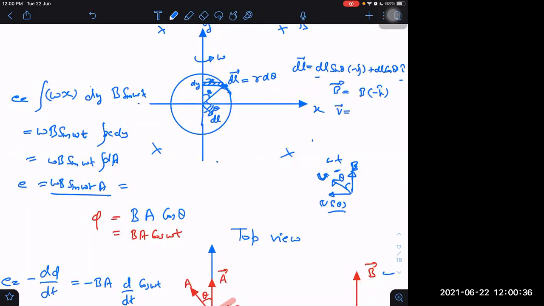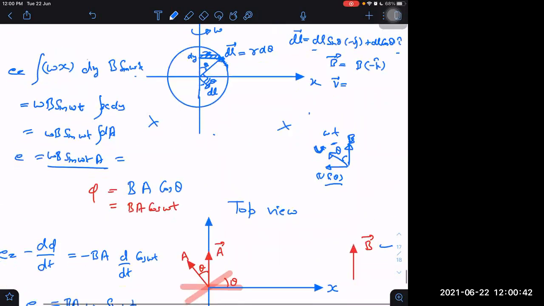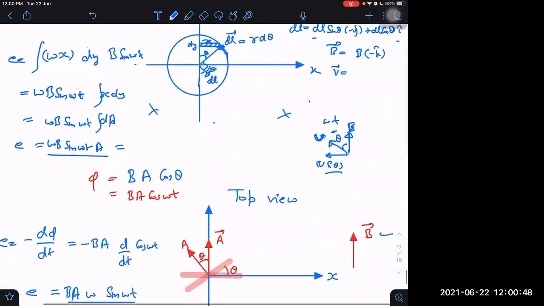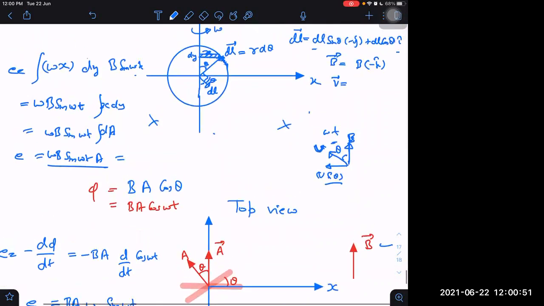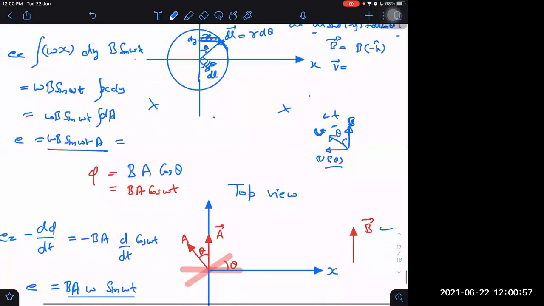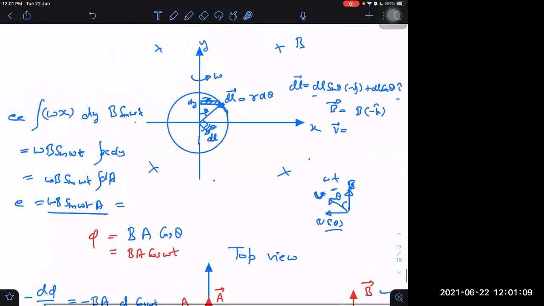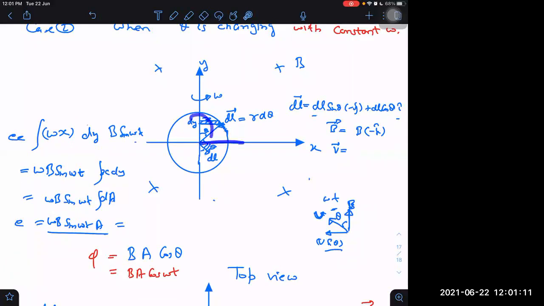And the velocity vector at this instant of time. But at this instant I don't need it, actually I need it in general. This is again a problem. If I rotate it this side, then what components will this dl vector have along x and y? Will it change or will it remain the same? Along y it will remain the same only. If I rotate it, then the x component will change, I think. It is complicated, leave it. It is becoming three components I have to take, not just 2 components.